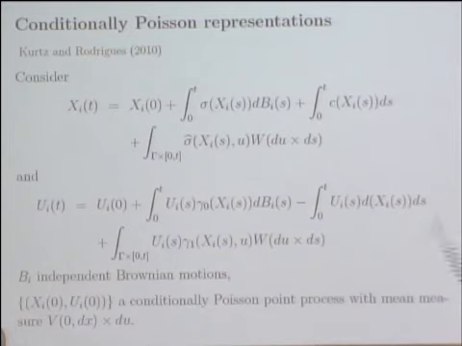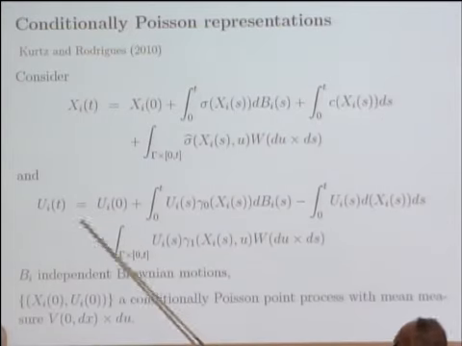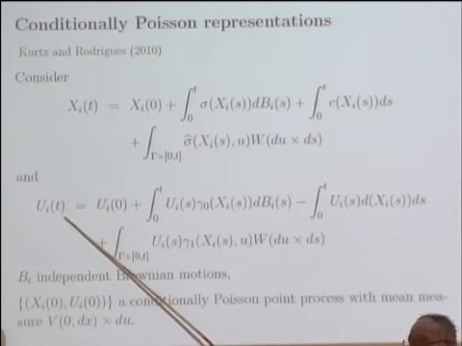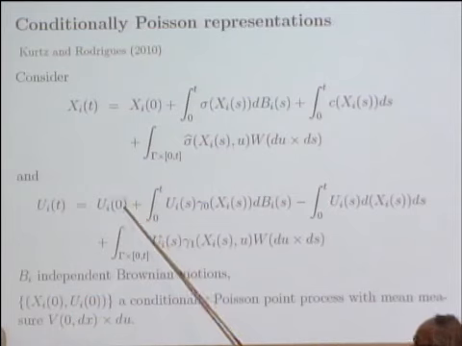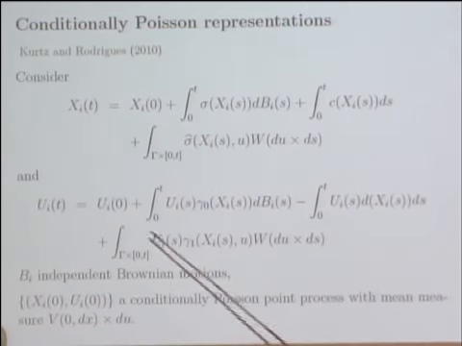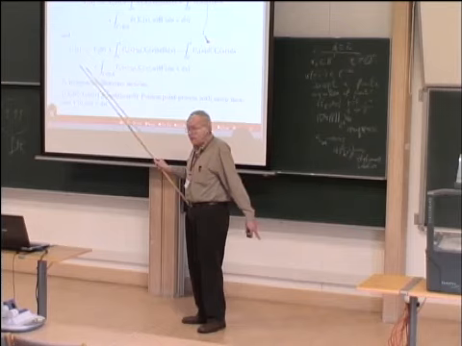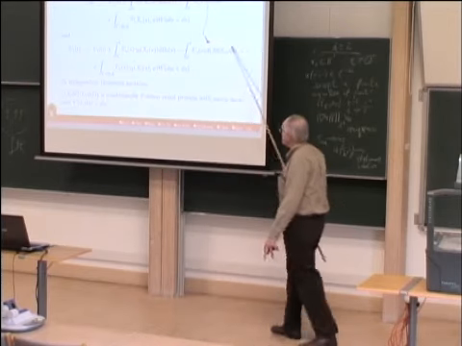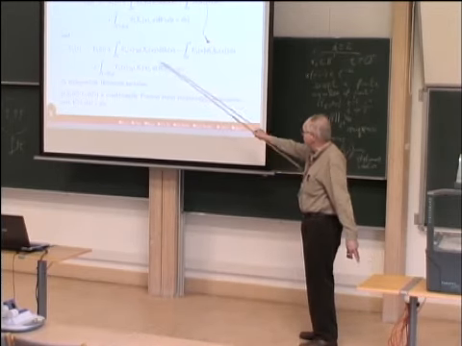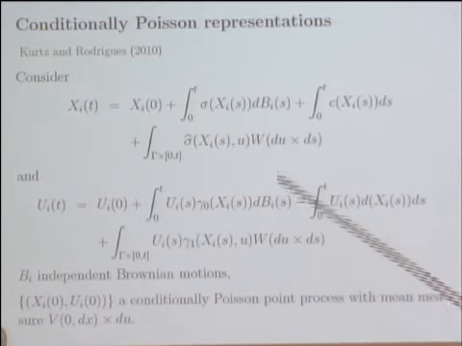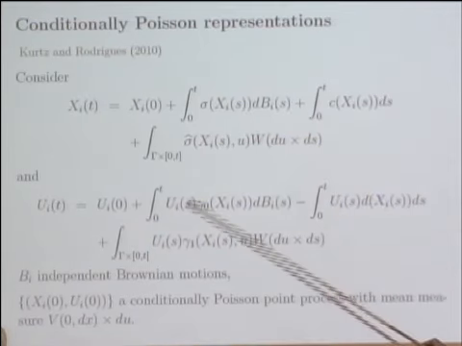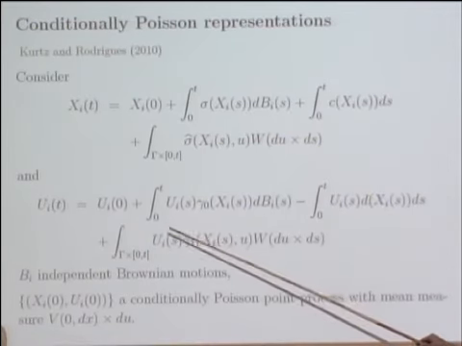Then I have something I'm going to call a level. Ui of 0 will be positive. Things are linear in Ui, so Ui is going to be positive. It's going to satisfy a linear equation once you have the solution for the xi. So once you know uniqueness up here, uniqueness for the Ui is trivial.